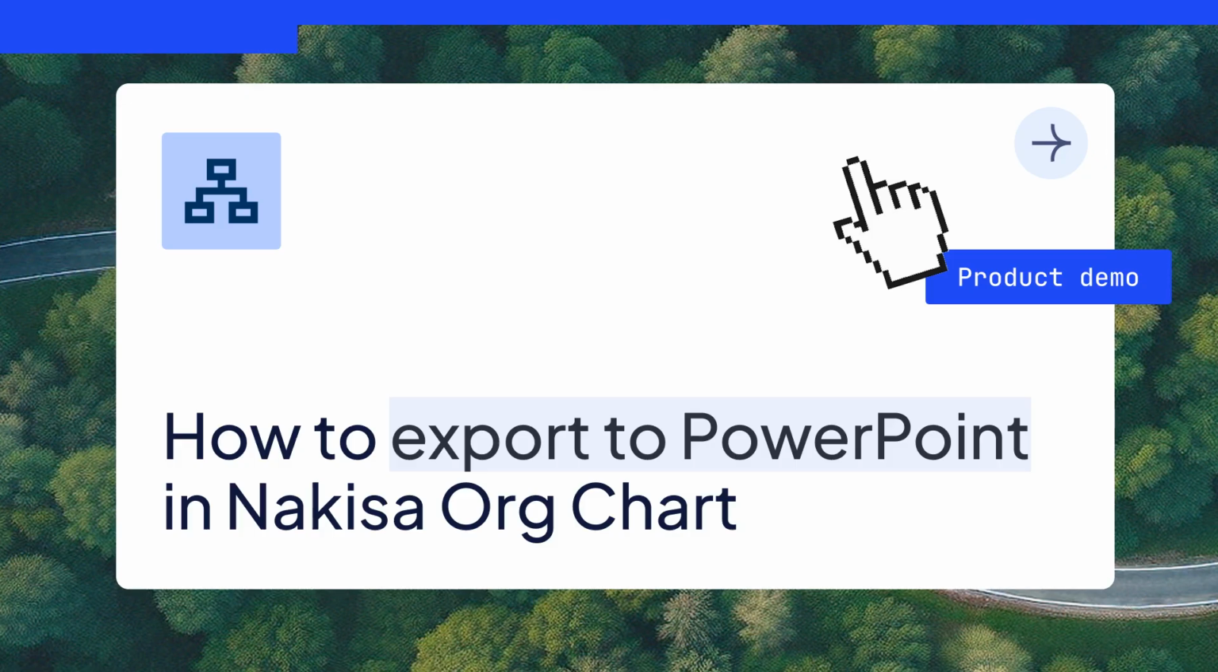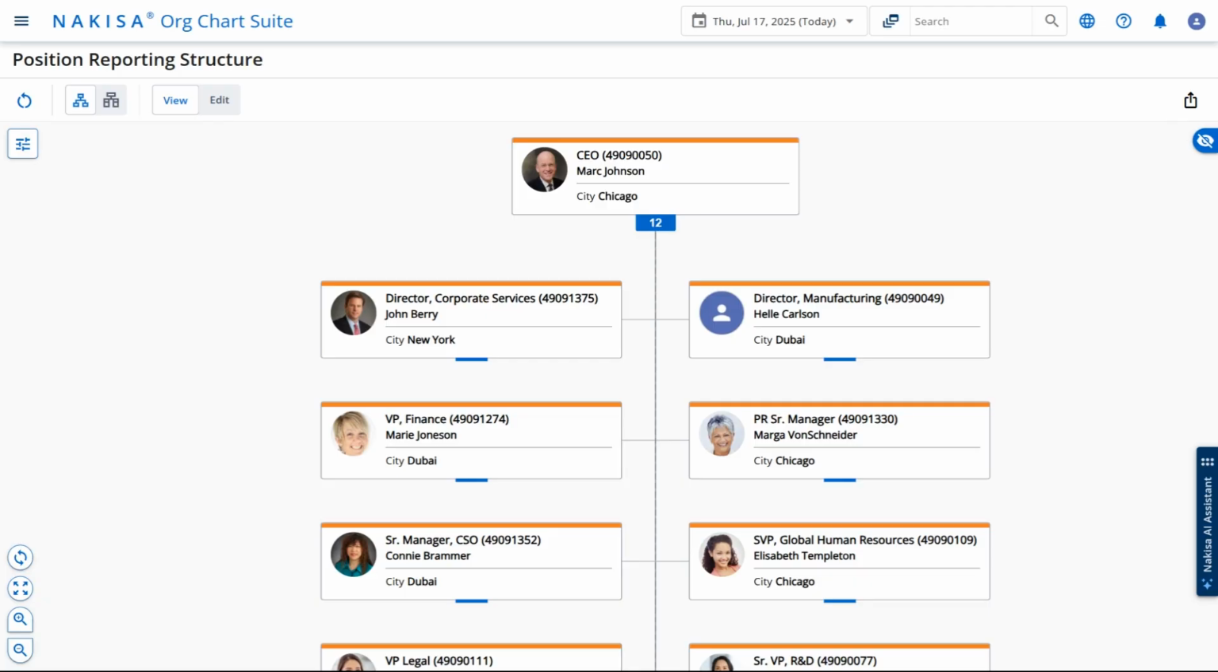This how-to video will demonstrate how to export organization chart views to PowerPoint using the Advanced Export option. Let's take a closer look at the Nakisa Org Chart solution, which offers users an advanced export feature. For those unfamiliar with this feature, you can find the Export option in the top right corner of the main